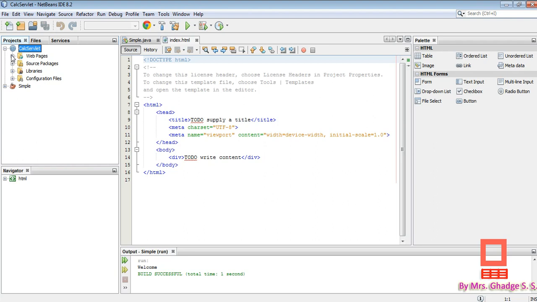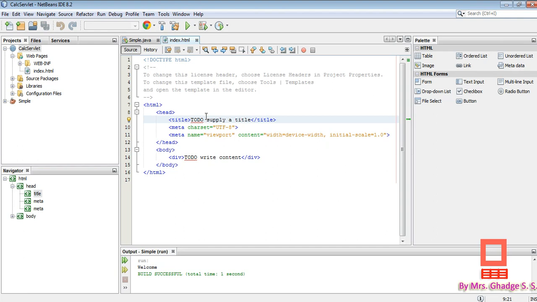Our first folder, web pages, includes one folder WEB-INF and one file index.html. Here is the file index.html. By default some code is given for the index.html file.